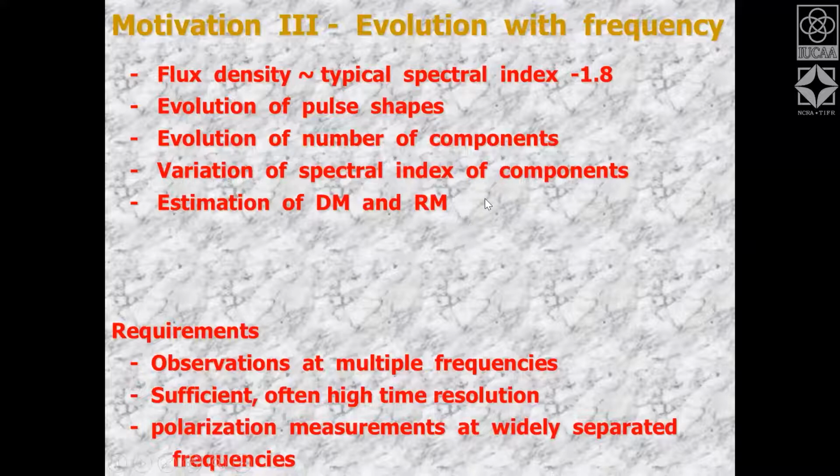So basically use the pulsar as a shining light to illuminate the interstellar medium and study the characteristics of the interstellar medium. So this requires multiple frequency observations and a very high time resolution, as well as polarization, because pulsars are very highly polarized sources, some of them with 100% linear polarization and so on.